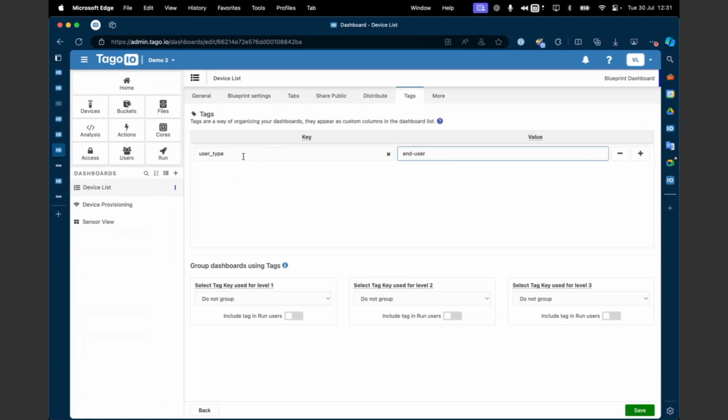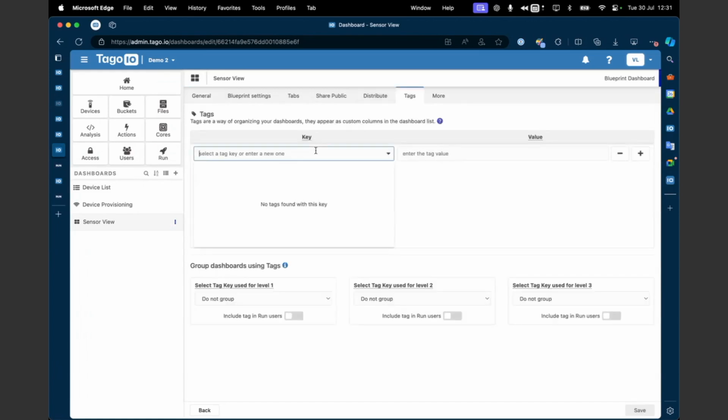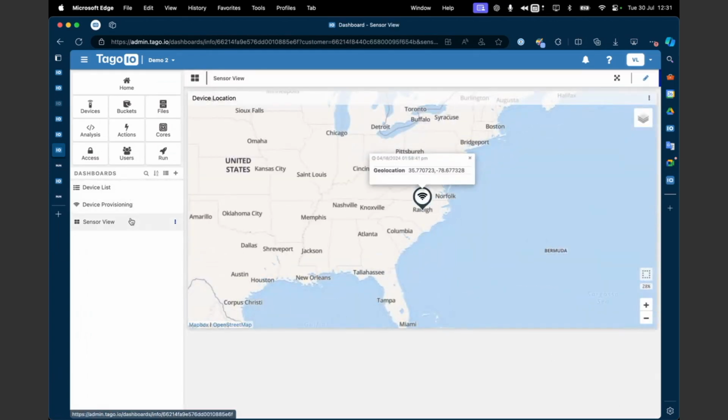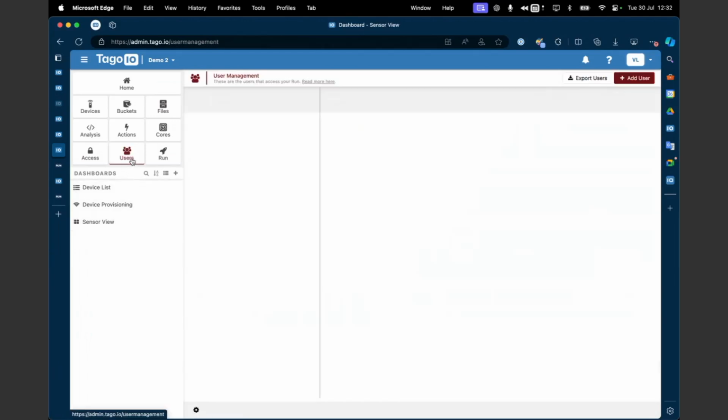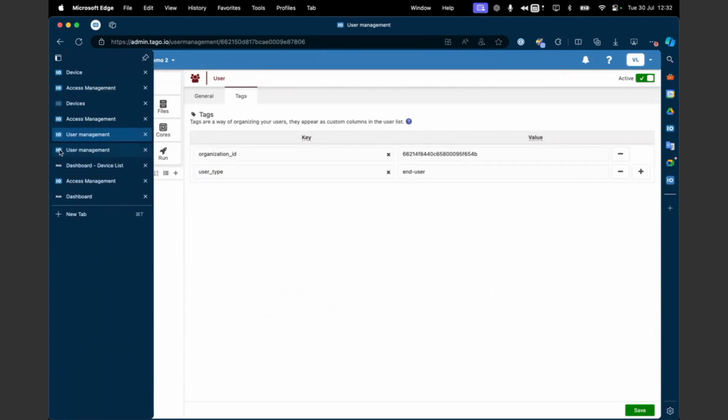So it needs to be the same key, the same value, so it can match with the tags of the user. Those we call it tag mapped. And I also want for the sensor view to be accessible. So create here user type and user. So now that I have two of my dashboards with the same tag of my user here, user type and user, I can now create my policy